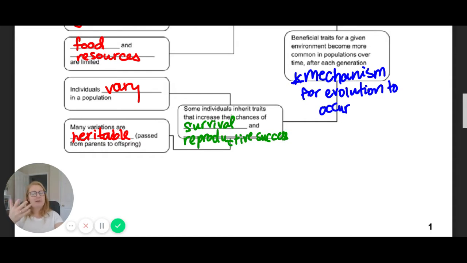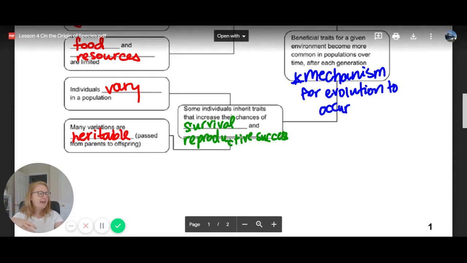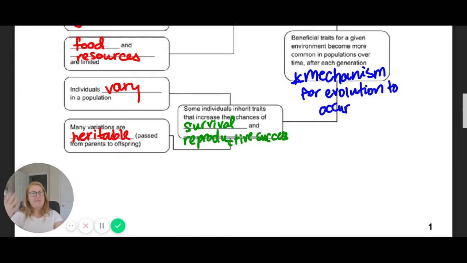Again, he doesn't have the knowledge of DNA at this point, but he sees that the parents and the offspring are very similar. So if, for example, we talked about this a few days ago, a giraffe with a really long neck, well, most likely that trait is also found in its offspring, and I can actually visibly see that. Even with our genetics examples, a purple flower plant ends up having more purple flowers, right? We see those patterns repeating in nature.